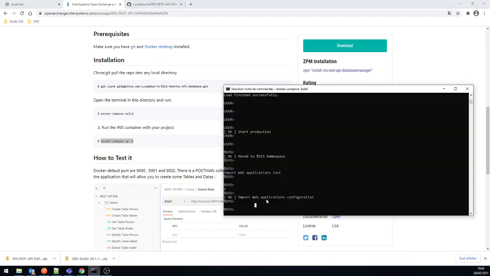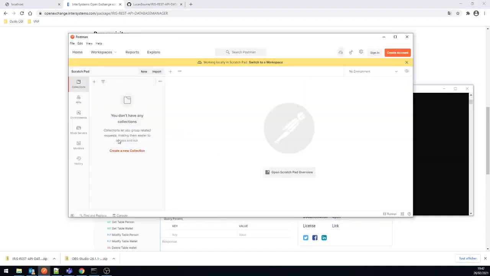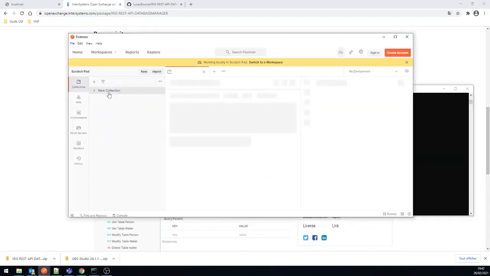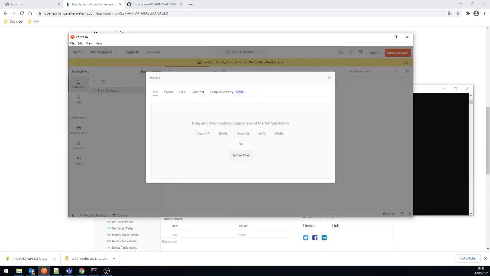I will launch the Docker Compose up, and when it's finished, during this time I can start to install Postman. So I will import the collection.